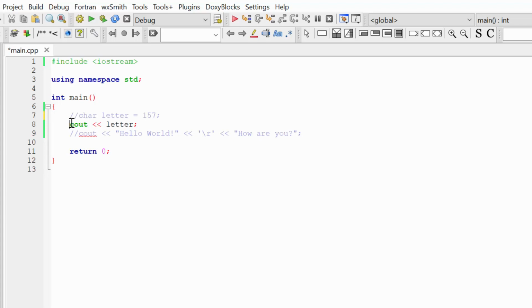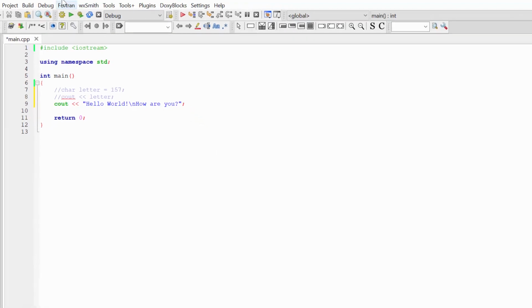Okay, now let's go back to our string. And you can see that here I separated my character from the entire string, from hello world and how are you. But what will happen if I concatenate all these strings? So if, for example, I try to type something like hello world, let's add here the new line character \n, how are you? So you might think that there are two possible options. First one, that we are going to see the string as it is, and second one, that we are going to see hello world, new line, how are you?